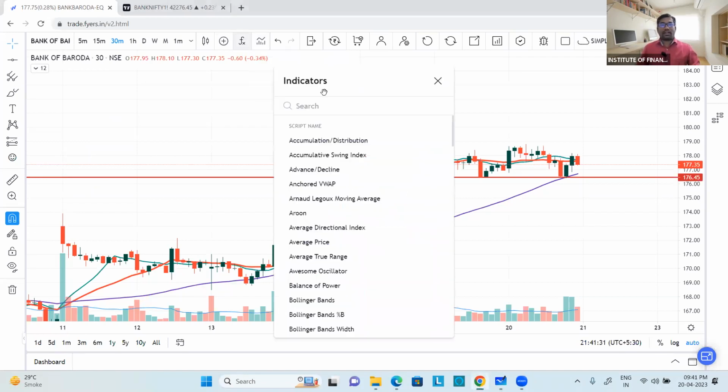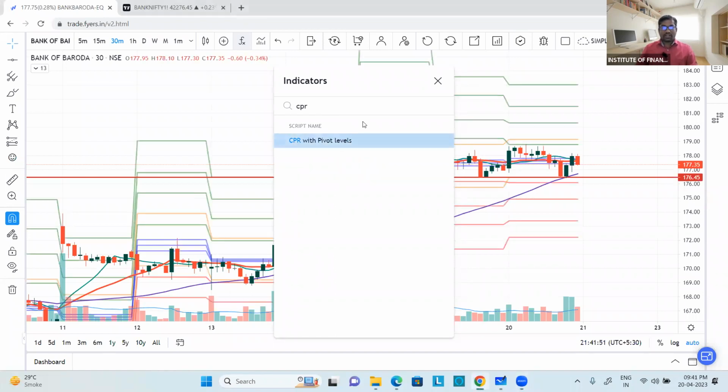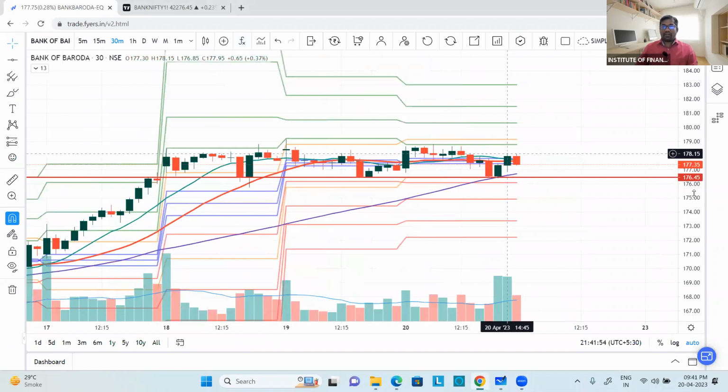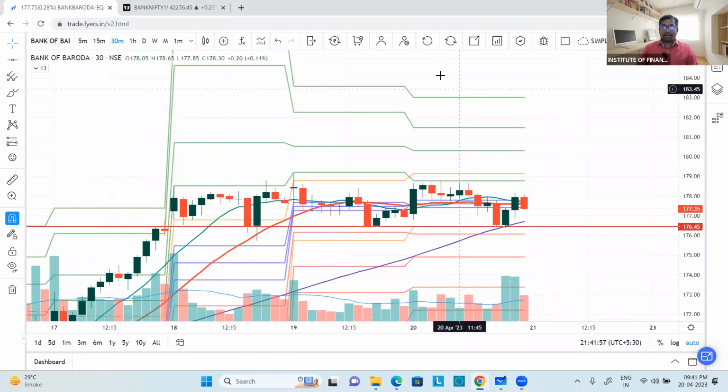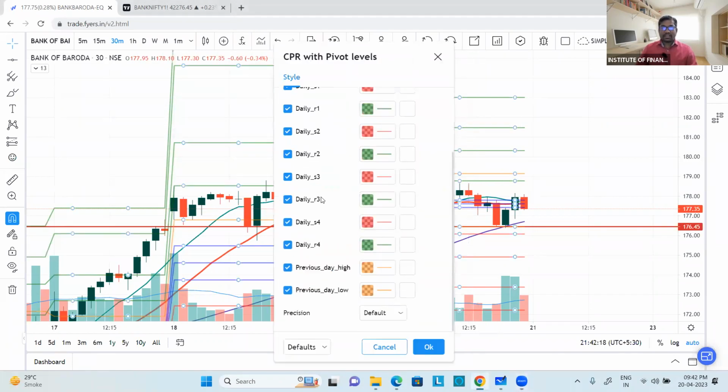अभी शो करेंगे, मैं हमें दिखाता हूँ आपको। CPR, this is the central pivot levels, this is how you need to go to the indicators। इधर पे आप चूज करना है, ये इंडिकेटर आएगा ऐसे, जस्ट क्लिक ऑन दिस इंडिकेटर। दिस इज फायर चार्ट, मैं फायर चार्ट में बोल रहा हूँ, इसको क्लिक करो ऐसे, वो आ जाएगा। यू विल गेट ऑल दिस लेवल्स। सो हमको क्या चाहिए, सिंपल मिडिल का तीन लेवल्स चाहिए और एक रेसिस्टेंस, एक सपोर्ट, इतना बस। नाउ डबल क्लिक ऑन एनी ऑफ दिस लाइन्स, ये लाइन्स के ऊपर डबल क्लिक करो ऐसे, ये आ जाएगा। व्हाट यू नीड, वेरी इंपॉर्टेंट थिंग्स इज